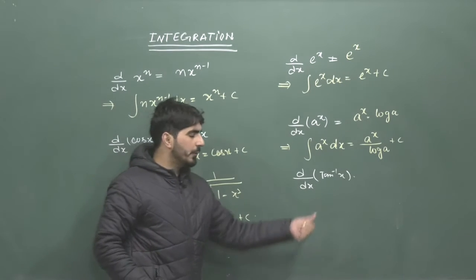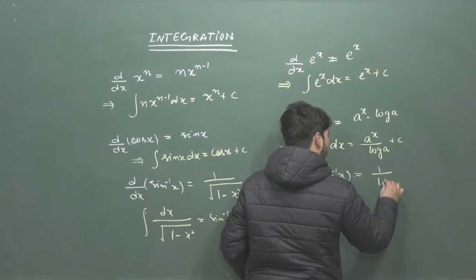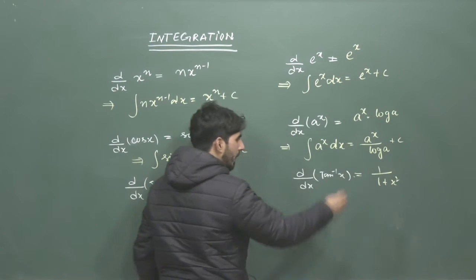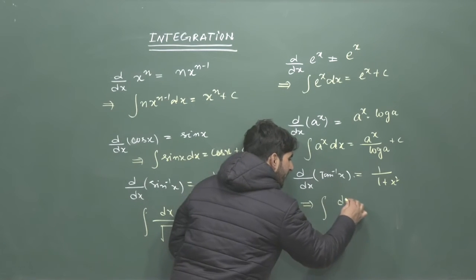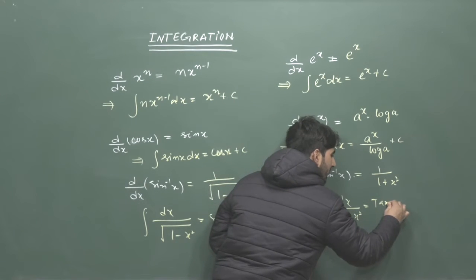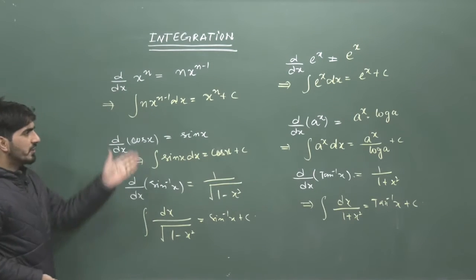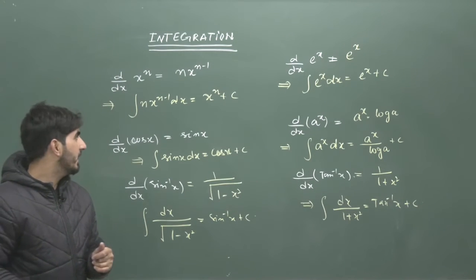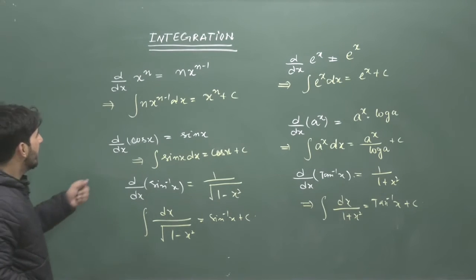Also we know that differentiation of tan inverse of x is 1 divided by 1 plus x square. So we can say here integration of dx divided by 1 plus x square is tan inverse of x plus c. From these functions we also observe that integration is the reverse process of differentiation,